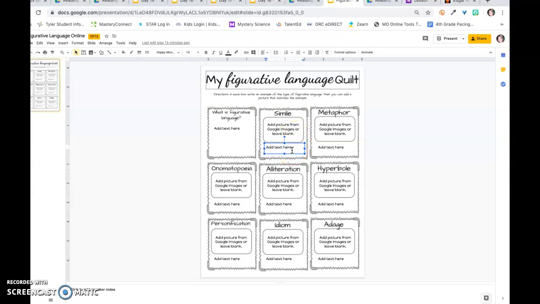If you're not going to do the picture, I want you to at least give me an example of what a simile is, okay? And if you've forgotten already, go back, listen to that Brain Pop, and that will help you as well. Okay, so you're going to do this each day. You're going to do a different one. So save this, come back to the video if you need to, watch the Brain Pop over and over again, do a little research on your own using the internet if you need to,